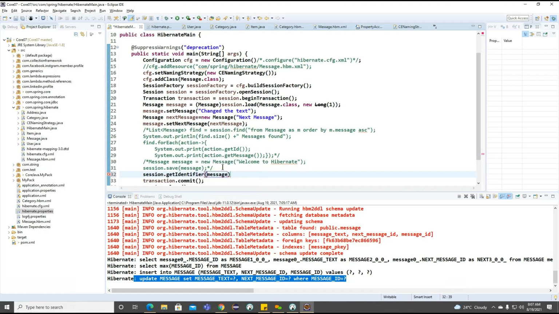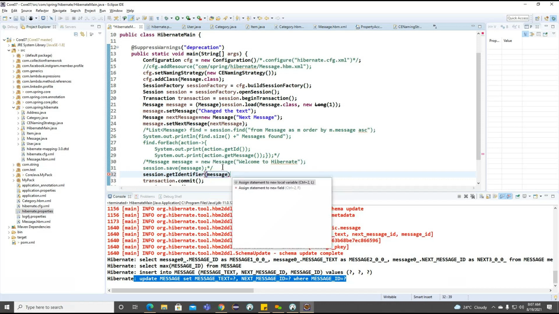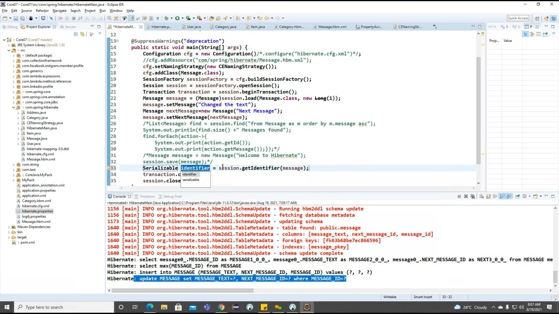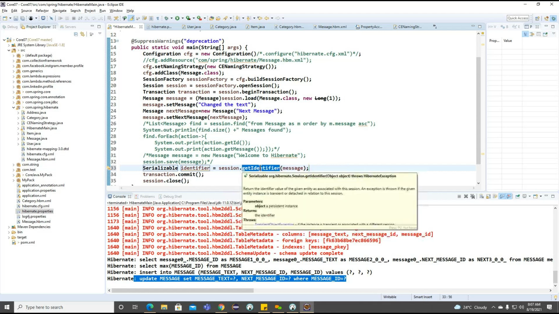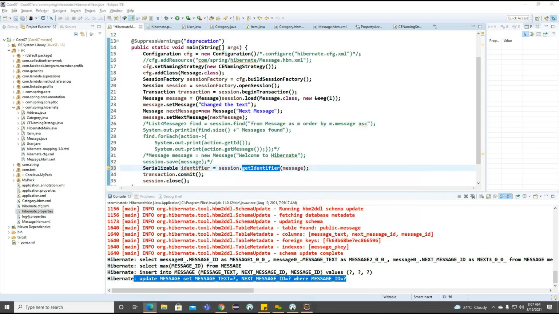If I provide the message here, we are going to get an ID, the serializable ID. Based on this serializable ID, we can easily understand: the given ID and the ID we are getting from this identifier method are equal, so both objects are the same here.